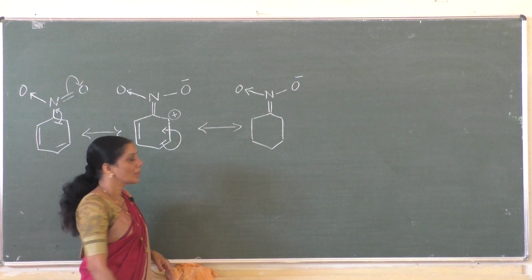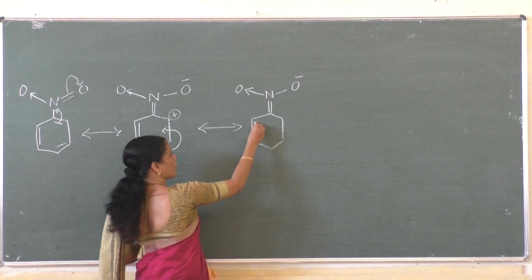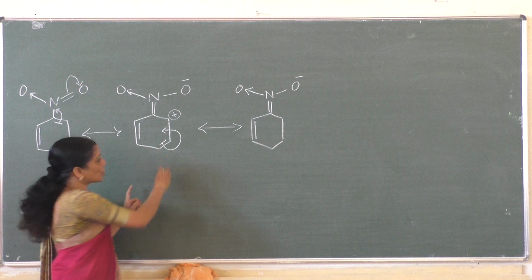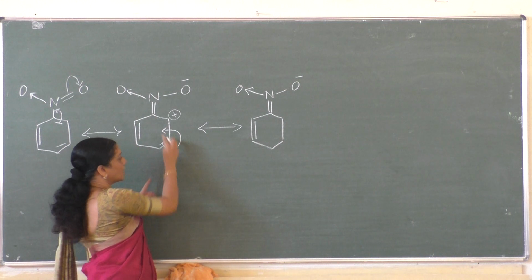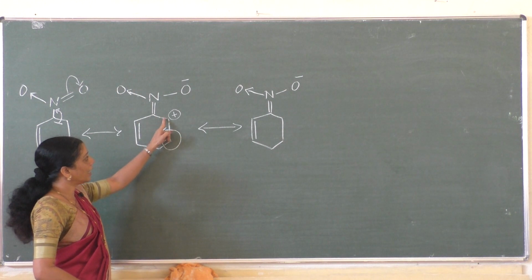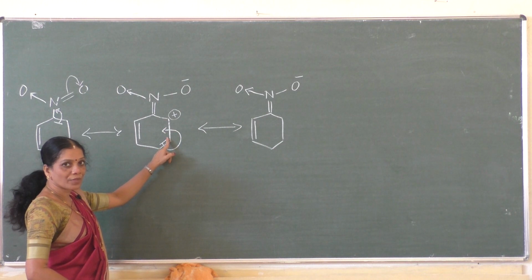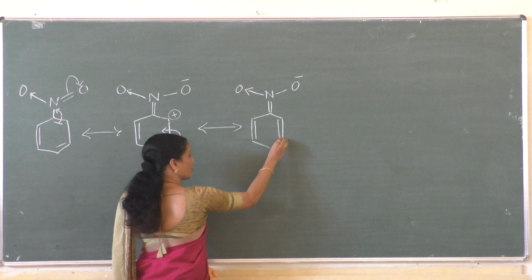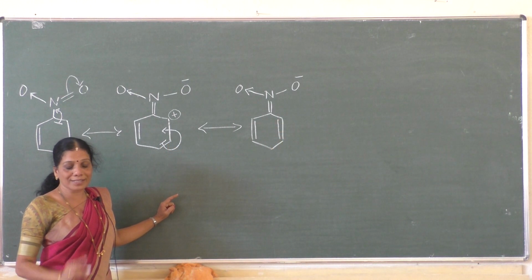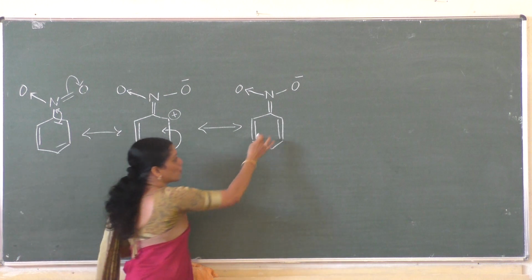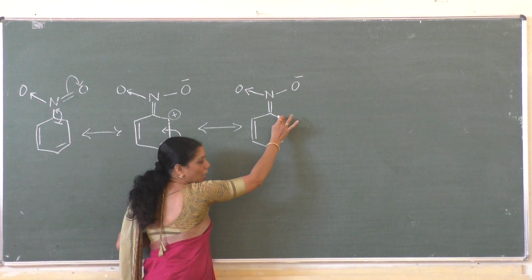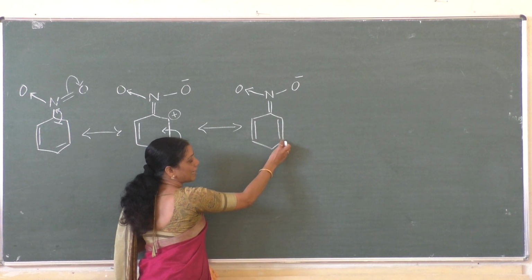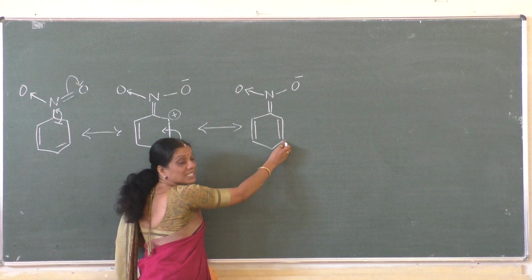Clear now, students? Here, in this bond, we have not involved in the particular resonance structure. Now the shift of electrons takes place to this position. Two electrons get shifted here, and a new bond is formed in this position. A new bond, see, the shift from here to here means a new bond is formed. A bond always contains how many electrons? Two electrons. One electron of this now gets shifted to this carbon atom, the positive becomes neutral, and another electron satisfies the valency of this carbon atom.